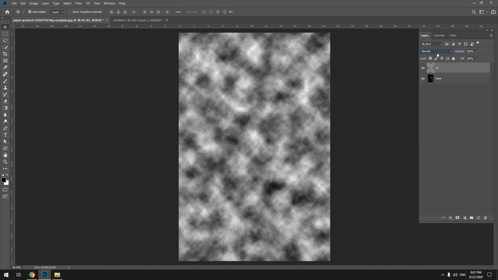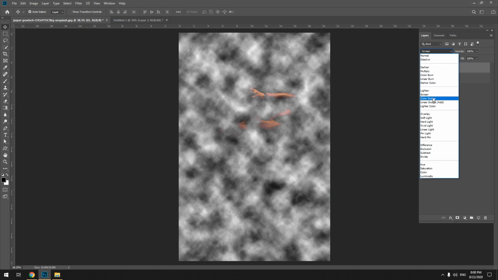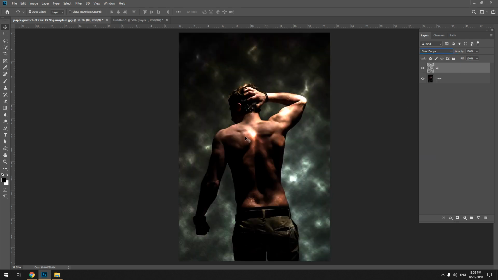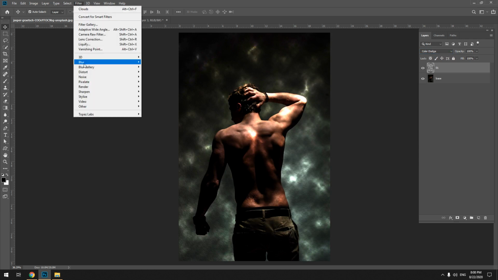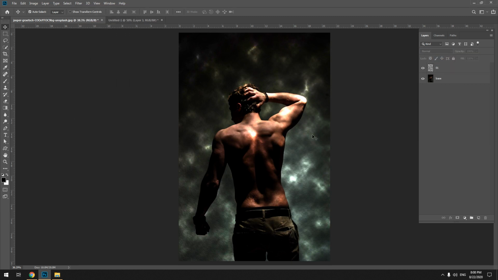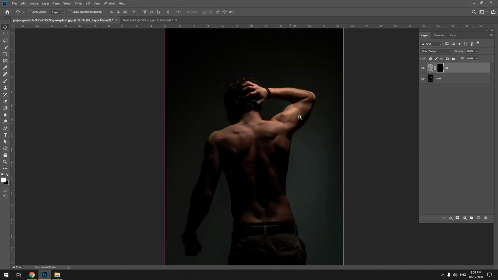But we should change this into color dodge to see what's going on. Now again go to filter, render. I want this part of the body. This effect is made by going to clouds, rendering some clouds, and putting them into color dodge, and that's easy. I'll hold Alt or Option key on a Mac, and press on the mask icon here to fill the mask